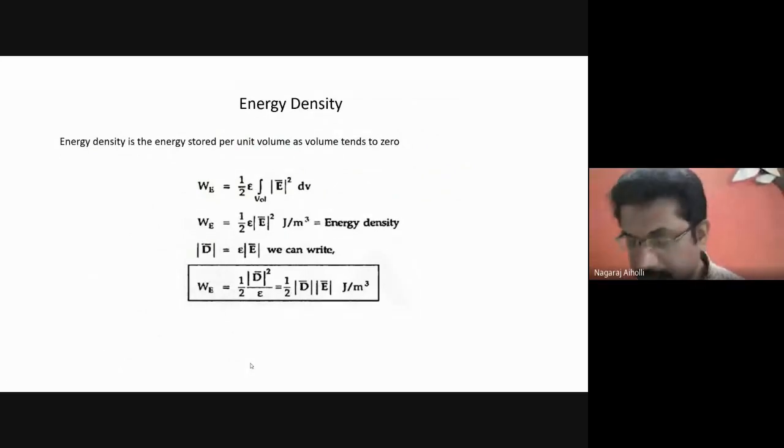Sir, 0.2 microjoules. Right. Joules, correct. So it is 0.2 microjoules, or 0.204 if you take up to 3 decimal places, then it will be 0.204 microjoules. Fine. This is the part B of the problem.